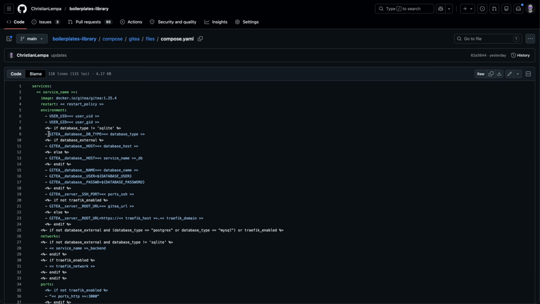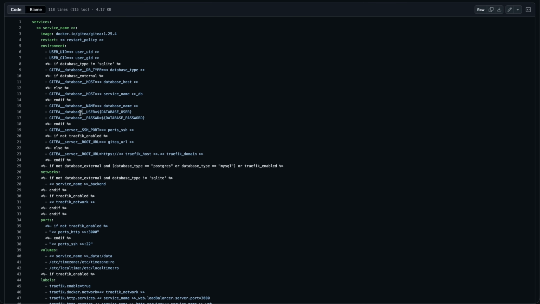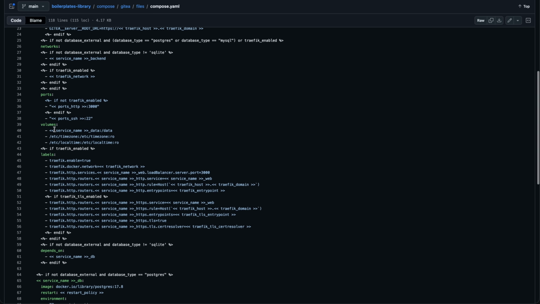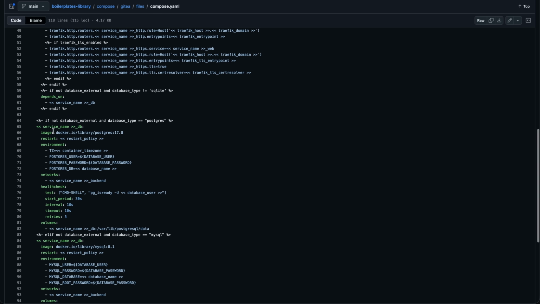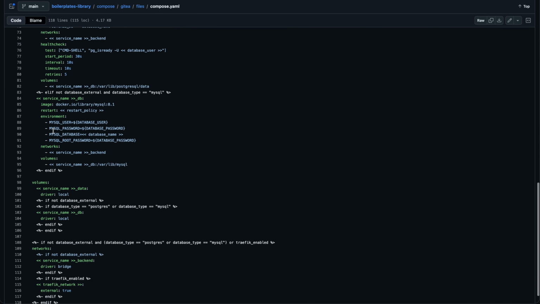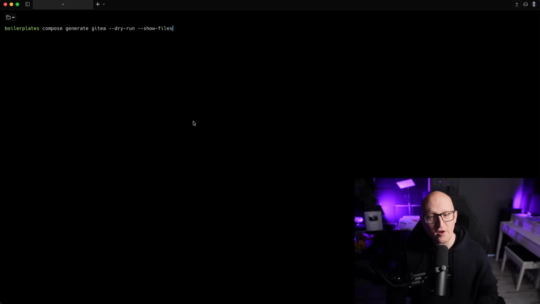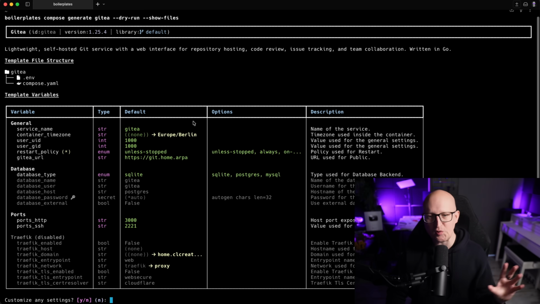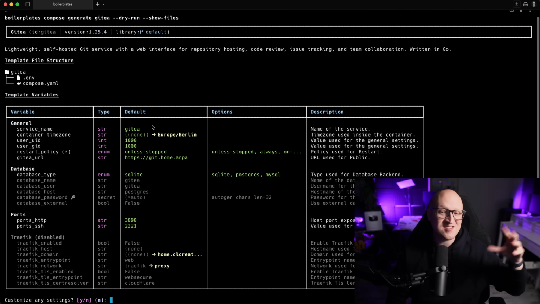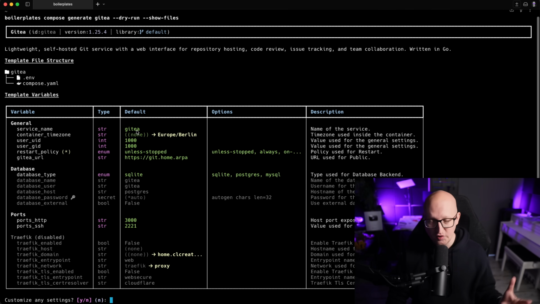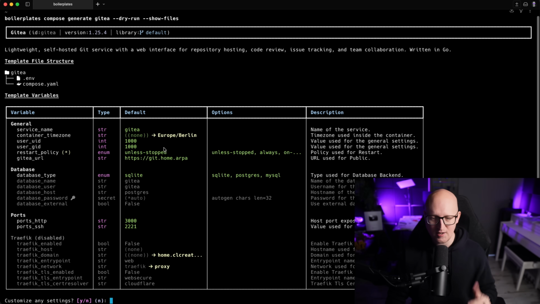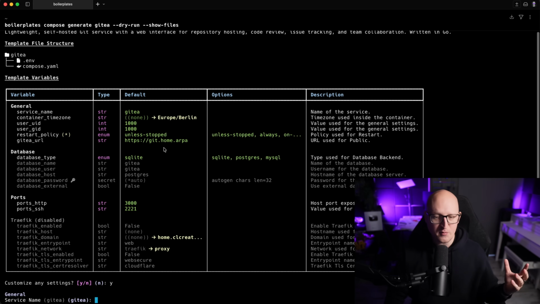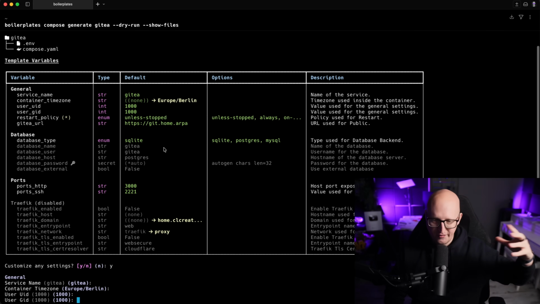It lets me build templates in a much more variable and modular way, so instead of having to copy one static config file and changing it for everybody, you can use the tool and my templates to generate something that actually fits your setup. For example, to just generate a simple Docker Compose stack for Gitea, a self-hosted Git service platform, you can use my template and customize some of the important settings, like setting up different time zones,